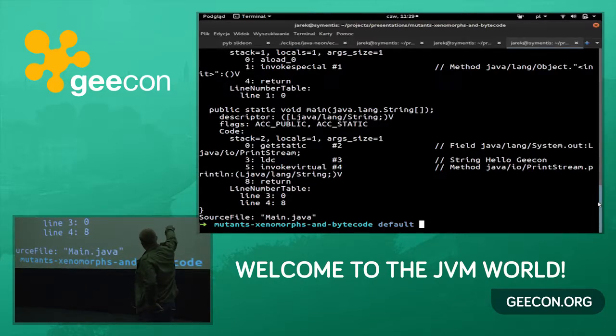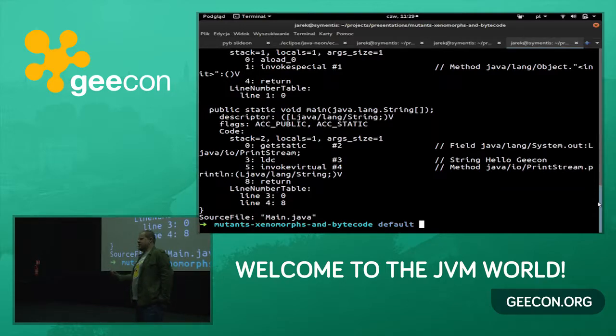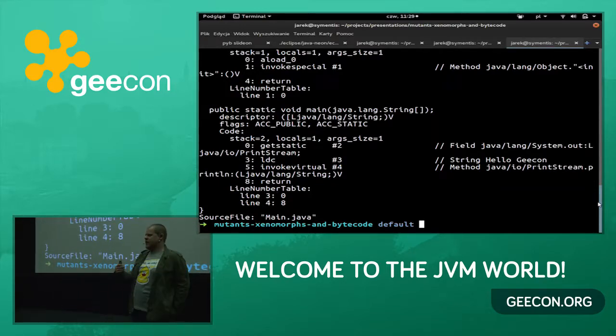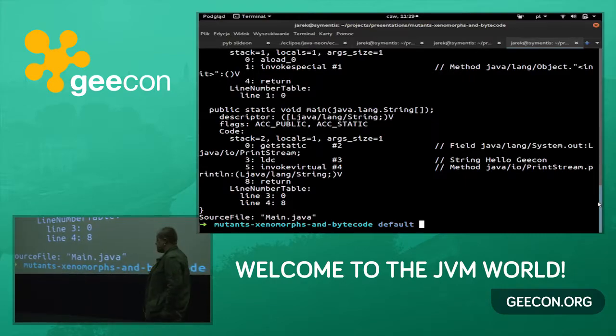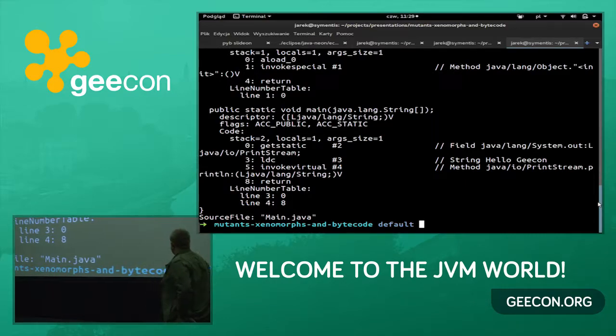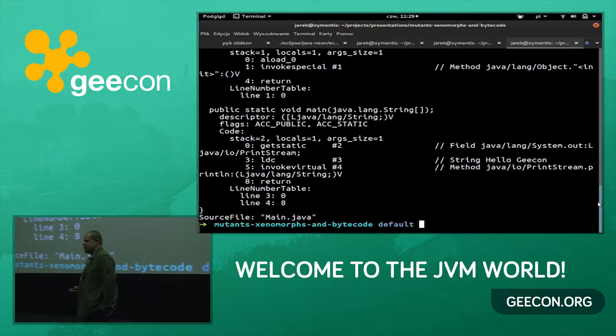Now you have the second bytecode, ldc, load constant, and it pushes some constant value on the stack. Okay? So you have 2 things on the stack: some object, which was the value of the static field, and some constant. Don't worry, I will explain these things. Then you say invokevirtual.